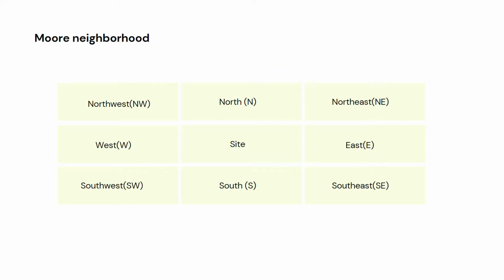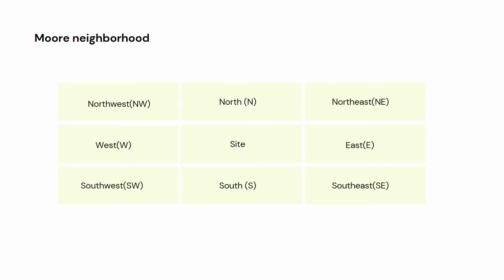Now, we have considered a grid structure to analyze this problem. Newton's law states that the rate of change of temperature with respect to time of any object is proportional to the difference between the temperature of the object and the temperature of its surroundings. Now, in a grid structure, if you want to calculate the temperature of any site or cell, we also consider the temperature of its neighboring cells.